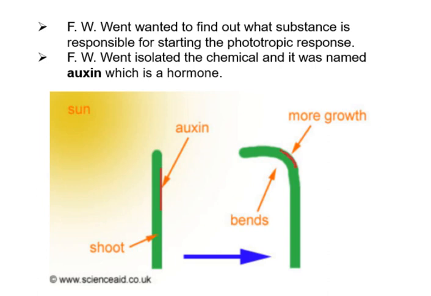Okay. Last guy, his name was F.W. Wendt. He basically expanded on the previous two guys' knowledge, and he tried to figure out what the substance was. And I don't actually have information on exactly how he did it. I just need you to know the results of his experiment. He did an experiment and he figured out what the chemical was. And he named it auxin, A-U-X-I-N. And he actually discovered it's a hormone, which is kind of cool because just like in humans, we have hormones,